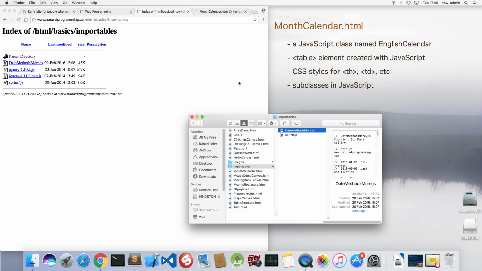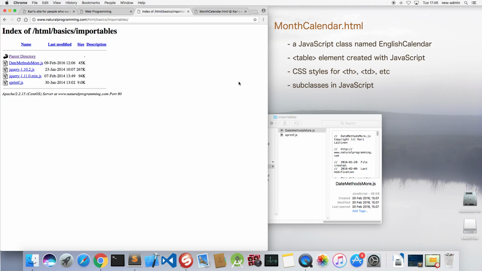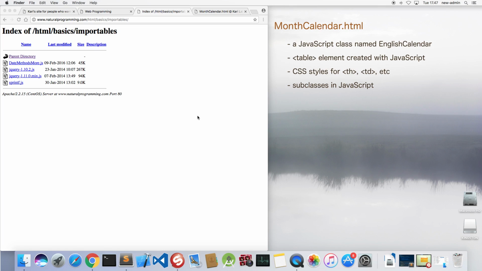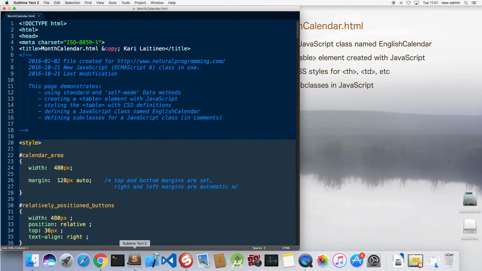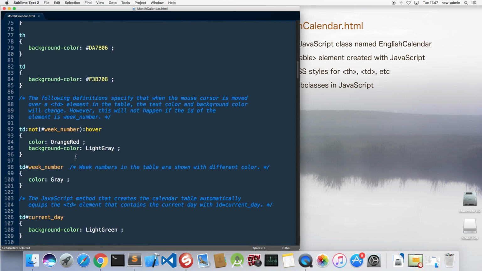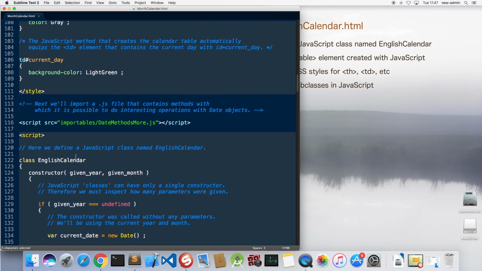Okay, and then we could start studying the source code of this page. So I have already it open here in an editor, and well, the source code looks like this. There are the usual things at the beginning, and then there are the style definitions area, and then I have the script area,